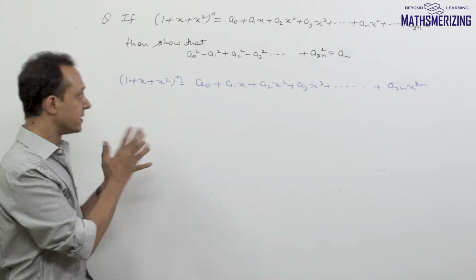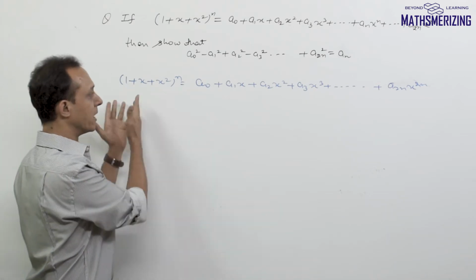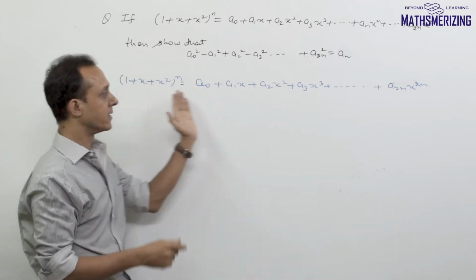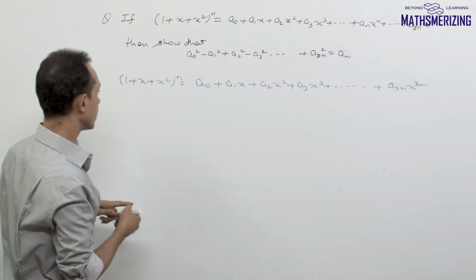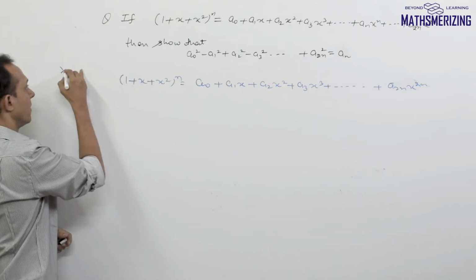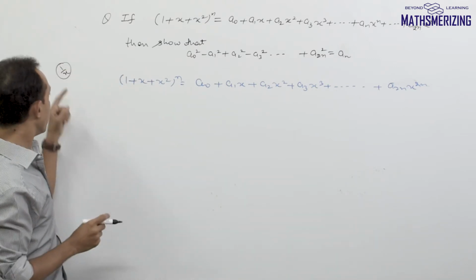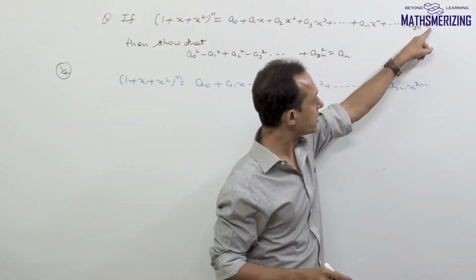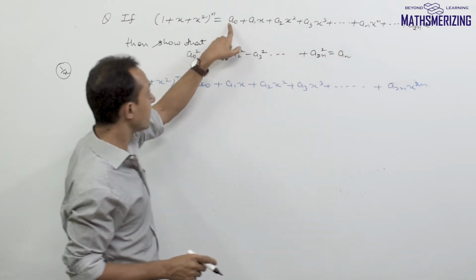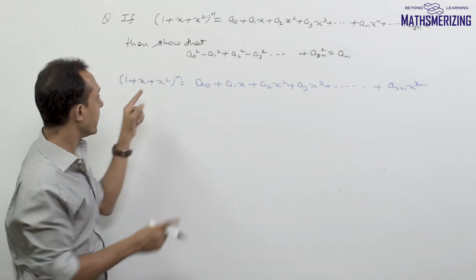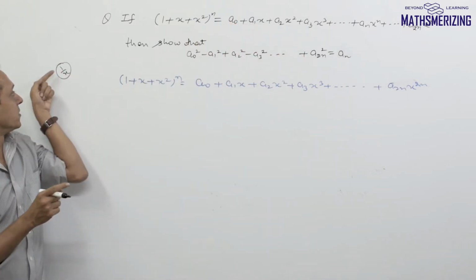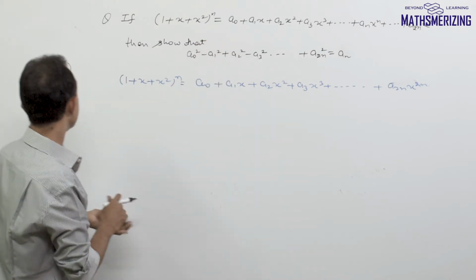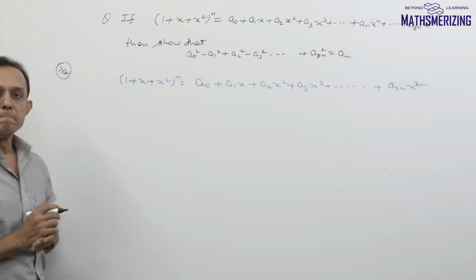Now I need to reverse the series. I cannot reverse the series as we have done in binomial, because in multinomial we cannot reverse the terms to get the same expansion. So what I'll do is replace x with 1 upon x. Then this term will be 1 upon x to the power 2n, which will come with a0. So in case of multinomial expansions, we have to replace x with 1 upon x, and because there is an alternate plus or minus sign, I'll replace x with minus 1 upon x.